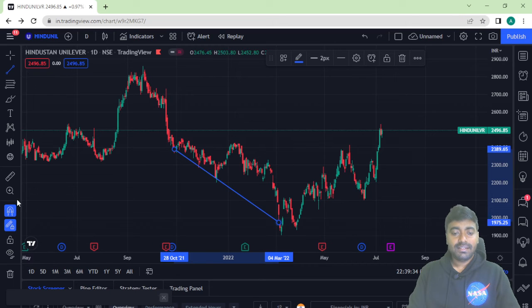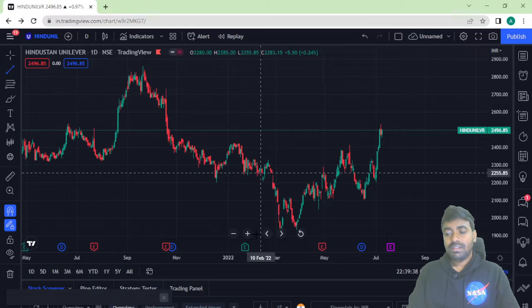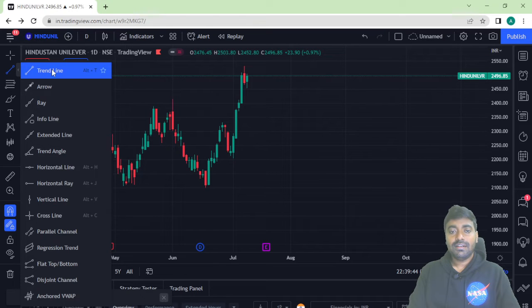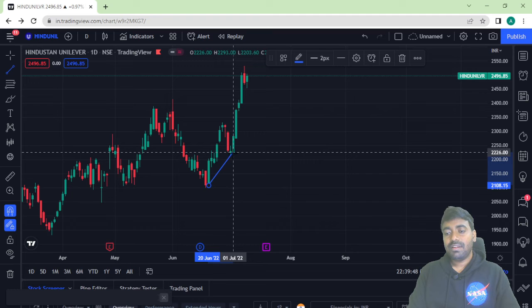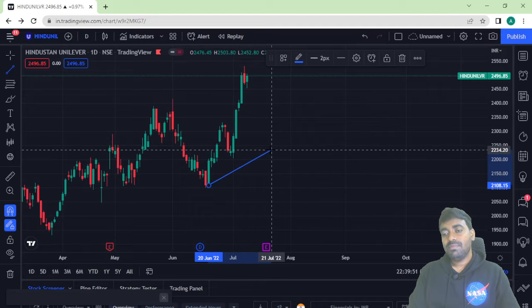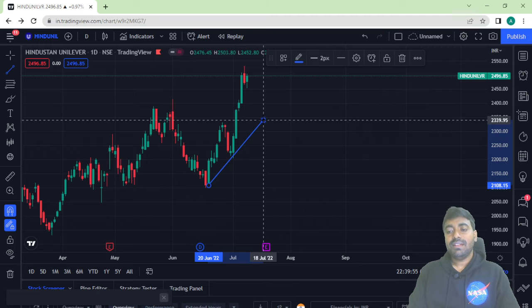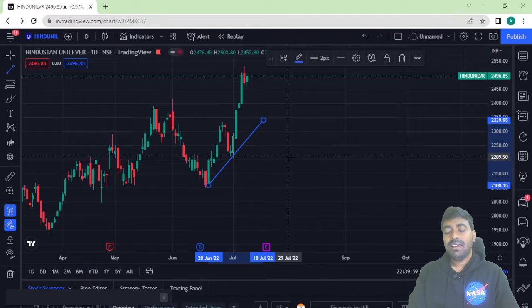Okay, in the same manner, let's remove this one and remove this one. Let's come here and find how the trend will look in the example right now. So I'll be clicking here. I'm taking the trend line and drawing a trend line right now. You can see I'm connecting this one, and I'm moving. Yeah. So right now you can see by connecting these two candlesticks